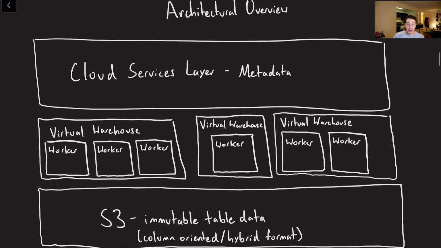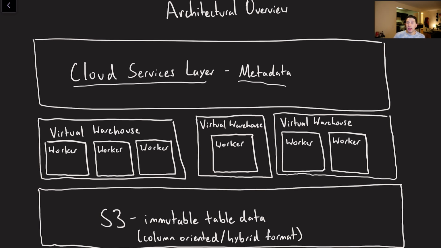Basically, Snowflake has 3 different layers. One is called the cloud services layer. I won't talk too much about this, but think of it just as metadata, right? For all of these files in S3, we need to know which files are comprising which tables. We need to know which users are responsible for which files. There's a lot of encryption data because everything is ultimately stored encrypted. I won't talk about that too much, but they have a fairly complicated system of basically encrypting and over time re-encrypting the data to ensure that your encryption keys aren't too stale.